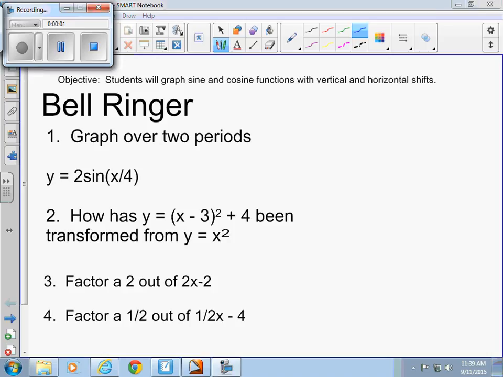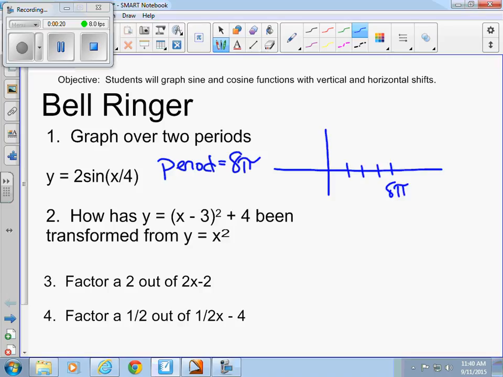2 sine of x over 4. How do I graph that? What do I need to do first? The amplitude is 2, and the period is what? 8 pi. So to graph this,